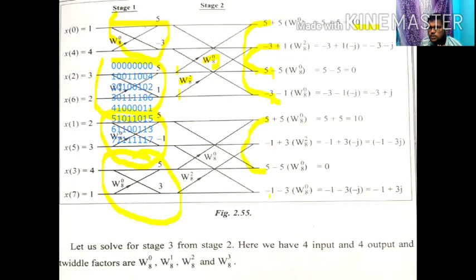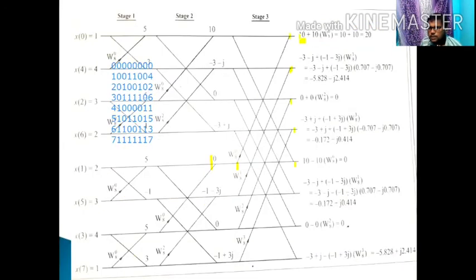Similarly for this one. For the third stage, look at the third stage. This is A plus B W N K, and this will be the opposite part, the complex conjugate, that is A minus B W N K. Similarly for these 2 points, and for the third point and fourth point, A plus B W N K, A minus B W N K. This is the beauty of this problem. When you solve this problem, you become a little happy to draw this butterfly structure.